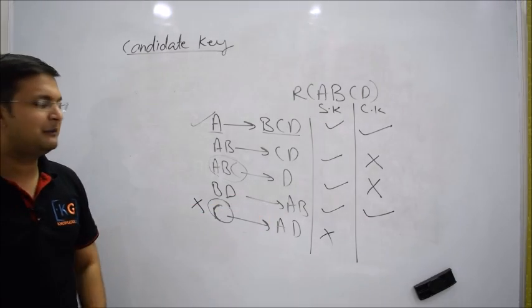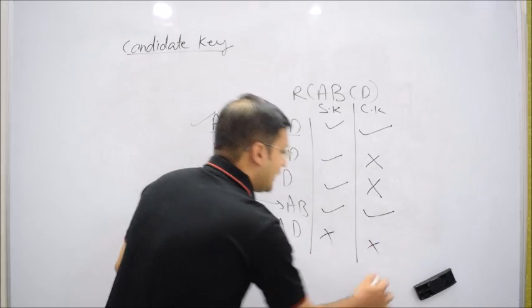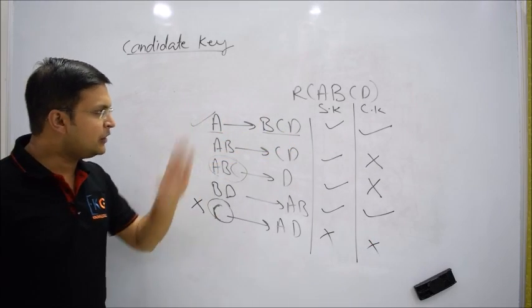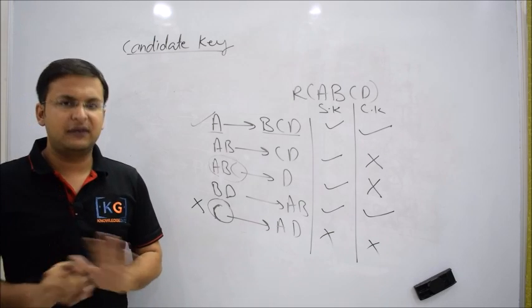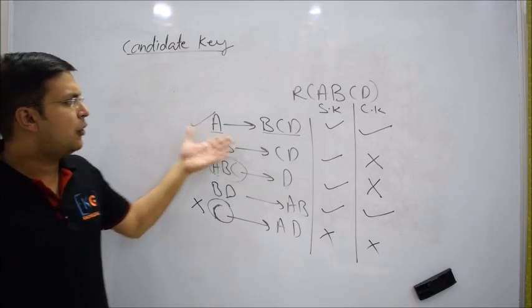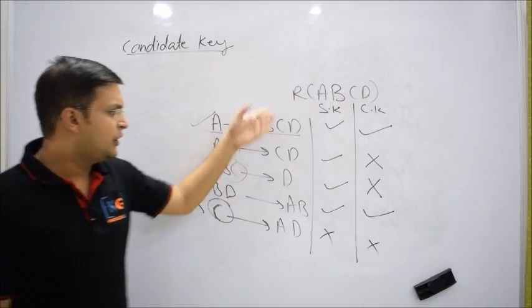Now is C a candidate key? That is a far-fetched idea. Why? Because C is not even a super key. If you are a super key, then there is a chance to become a candidate key. Okay, so I think you understand both logics. First, super key and key both are the same logic. So if you want to become a super key, you must find all the other attributes. So like this A and AB and ABC, they are all super keys.